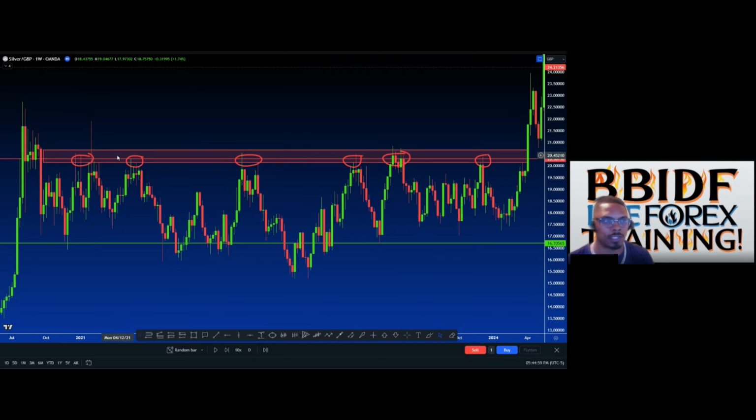So you guys got to understand the zones are better than the lines, but resistance is where price is failing to go higher, right? It's just failing to go higher. That's the bottom line. It's a zone or an area where price is respecting, to where it's not getting higher. All right. So then can somebody tell me what support would be? Anybody? What would support be? If resistance is an area or a zone where price is not getting higher than it, what is support?